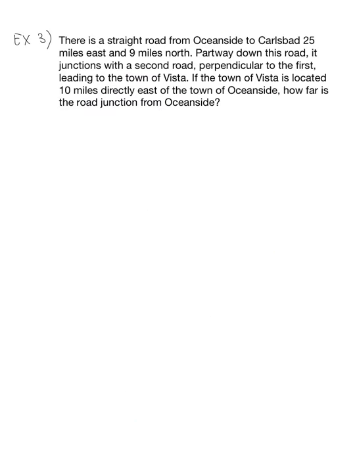All right, so example 3. It says there is a straight road from Oceanside to Carlsbad, 25 miles east and 9 miles north. Partway down this road, it junctions with a second road, perpendicular to the first, leading to the town of Vista. If the town of Vista is located 10 miles directly east of the town of Oceanside, how far is the